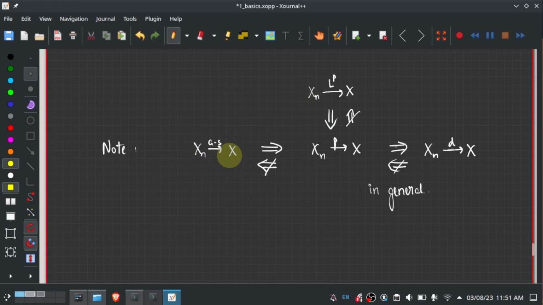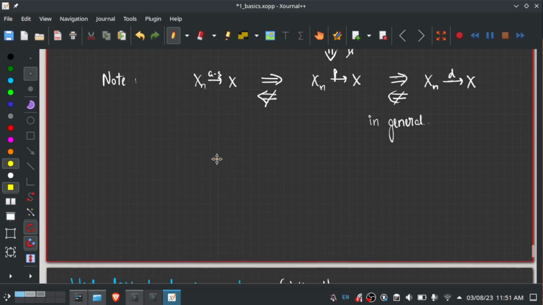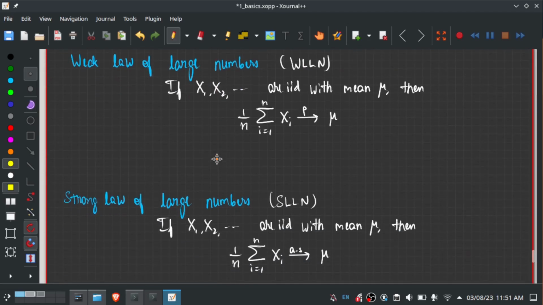Right? But for many purposes, people treat almost sure convergence as the strongest notion of convergence. If you can prove that it converges almost surely, then that's a really good result. And that is essentially characterized by these laws of large numbers. These were standard tools used to analyze large system limits for various kinds of problems. So the weak law of large numbers, which you've seen before, basically says that if you have a sequence of IID random variables with a finite mean mu, then the empirical average converges in probability to mu.